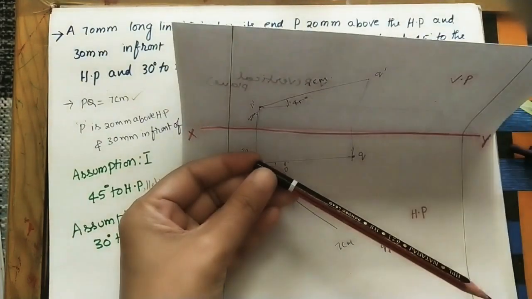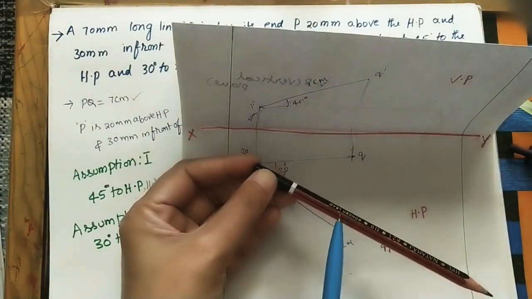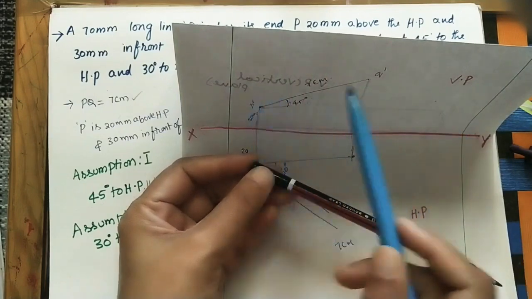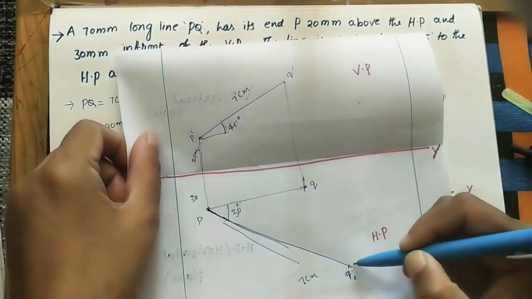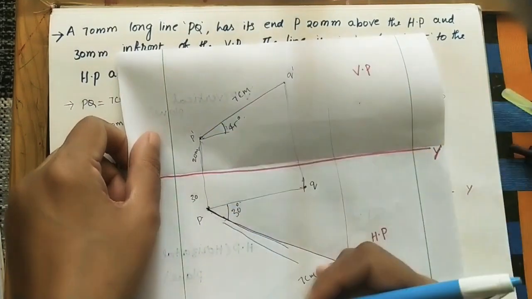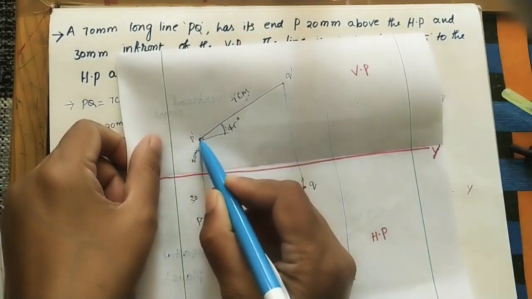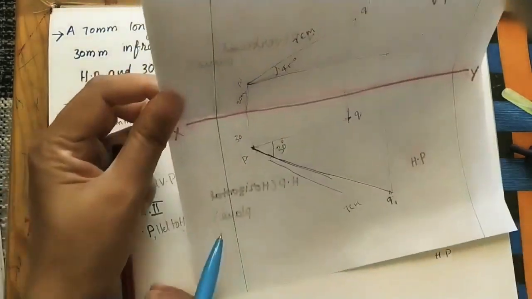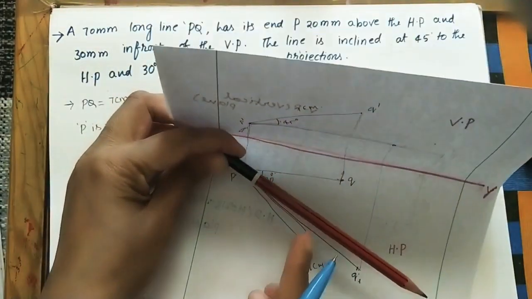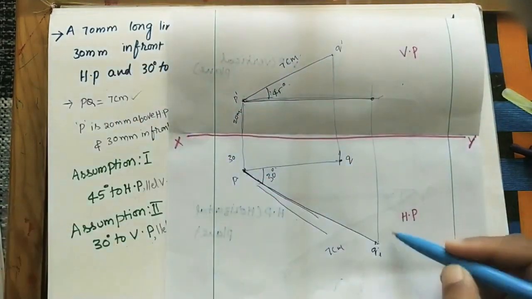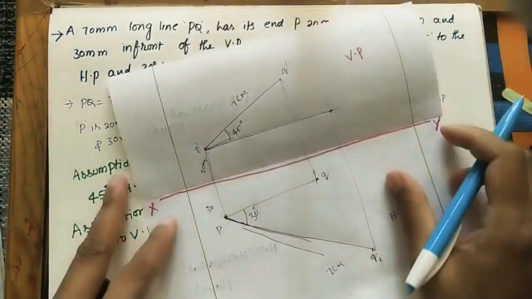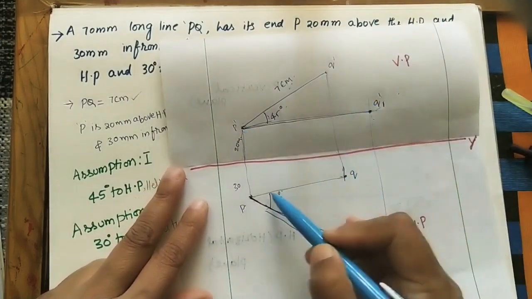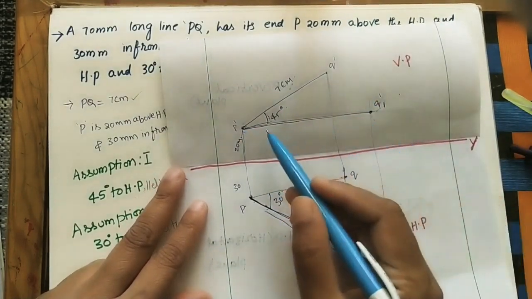So this is the top view we did here. In the front view it looks like a horizontal line. For the horizontal projection, just do the projector lines like this. Already we did here. So at this P dash point, do the horizontal line. This is the front view. This inclined line in the front view looks like a horizontal line. Here we have given Q1, and for the front view we give Q1 dash like that.